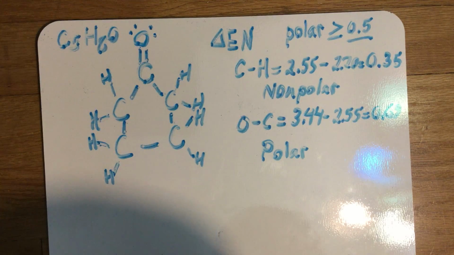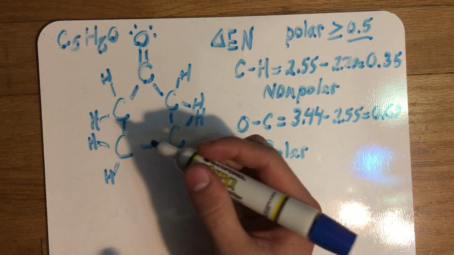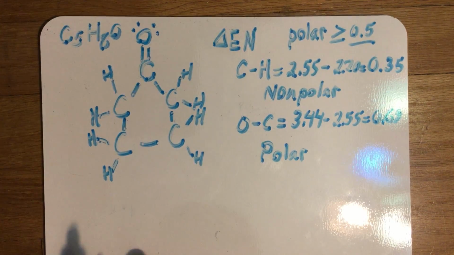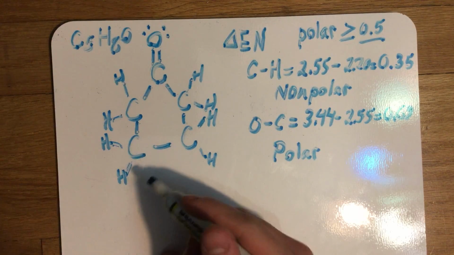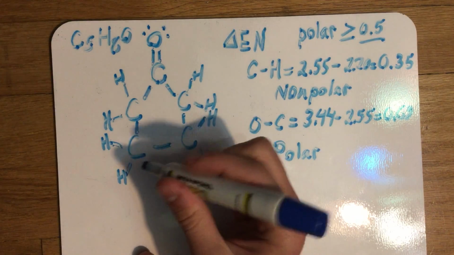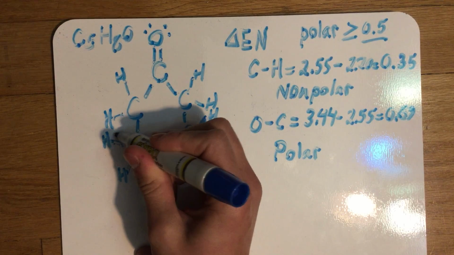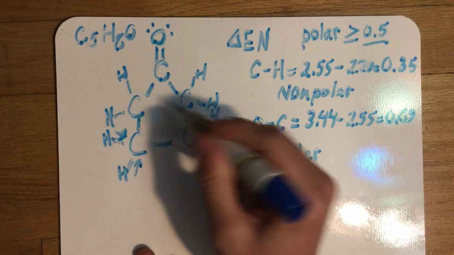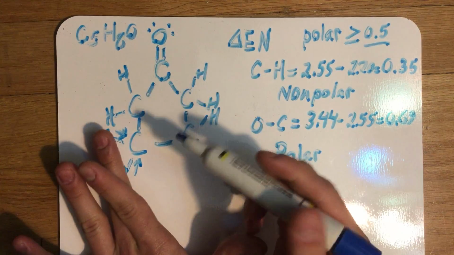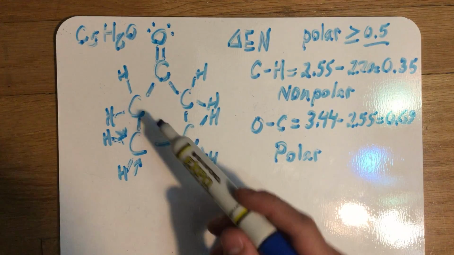Now, looking at the molecule as a whole, we're actually going to draw the moment arrows. So in this case, we look at hydrogen and carbon. Hydrogen has a smaller electronegativity than carbon, so it's going to have arrows pointing towards carbon. And that would be the same for all these. So when we do that, the hydrogens get canceled out and we're just left with the carbons. Now what we're going to do is look at the carbons